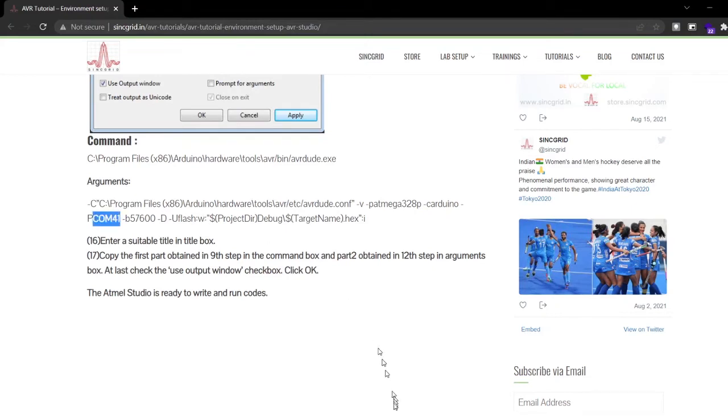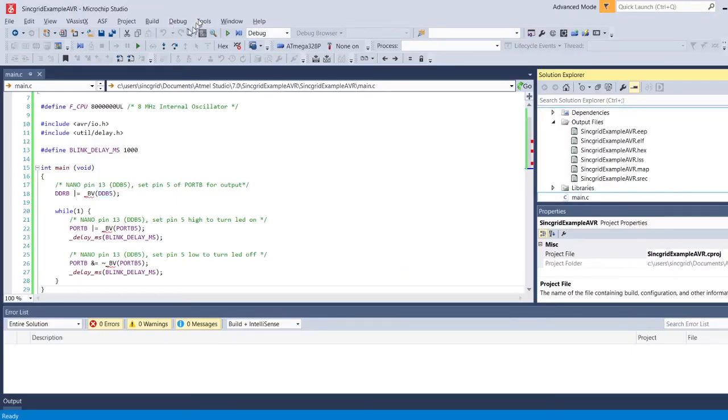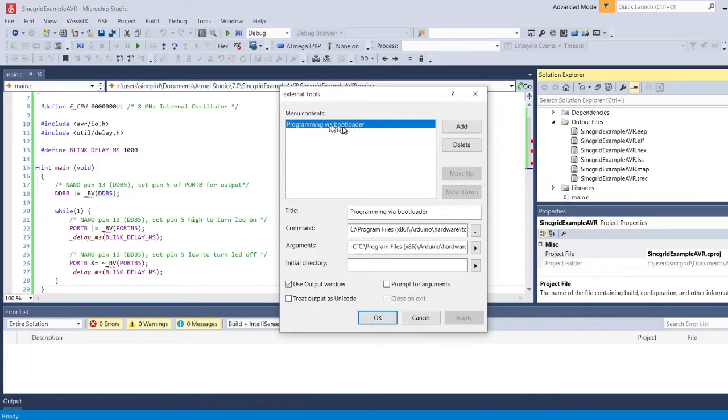After this step, you have to go to Atmel Studio, then go to Tools and External Tools. I have already created an entry for you. You can write any title over here, there is no compulsion. It's just easier for me to understand what exactly is going on. So I just titled it Programming via Bootloader, and the next step is the path of the command, which is the path of my avrdude. Since I already showed you in the Arduino IDE, this is the path of my avrdude,